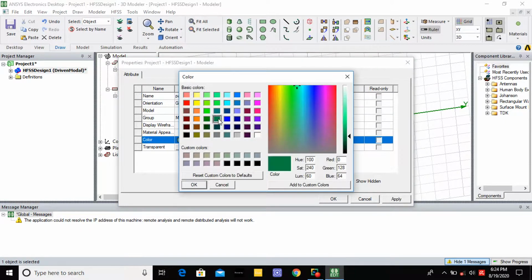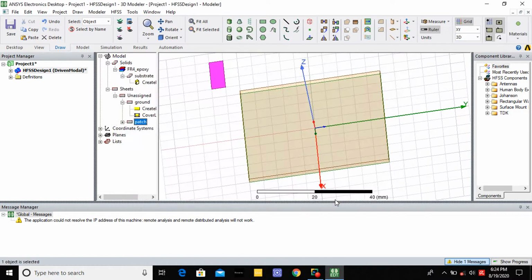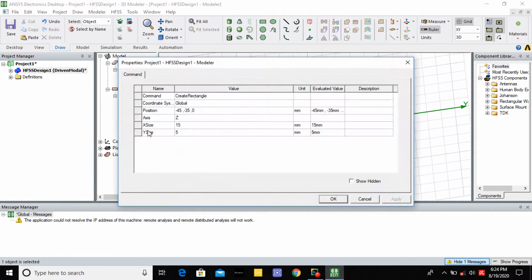You change to any color. Then you give apply. Then you give OK. After patch, you select create rectangle, because here only you are going to assign the patch position, length and width of the patch.